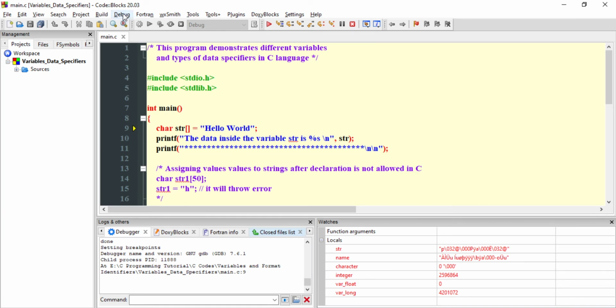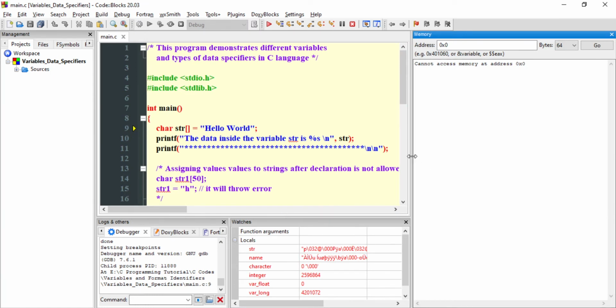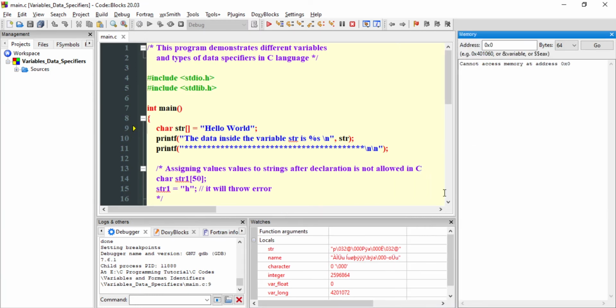Along with that, again go to Debug windows and then go down to Memory, because we can see where these variables are located, that is, the addresses of these variables. So first of all, let us go through the program and see all these features one by one.